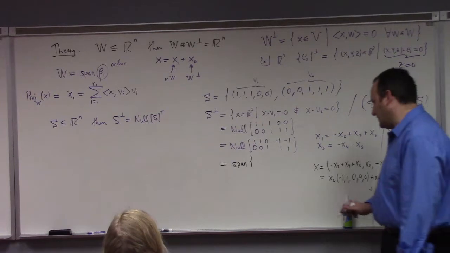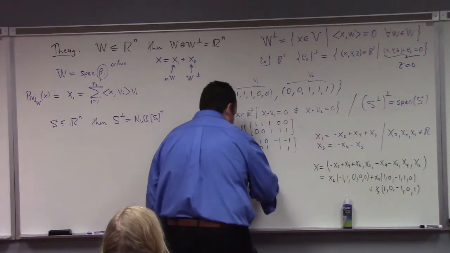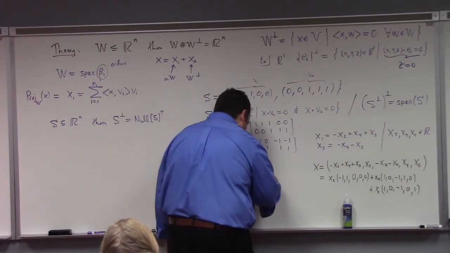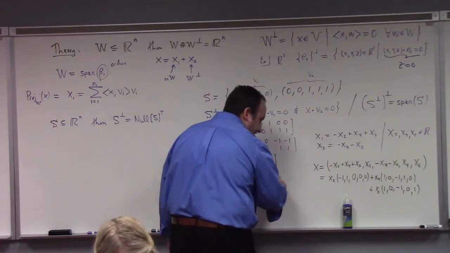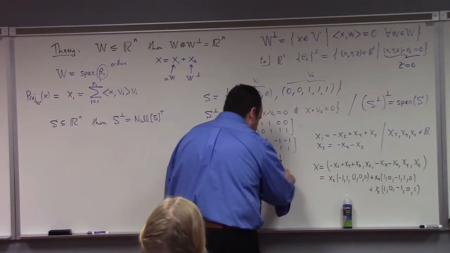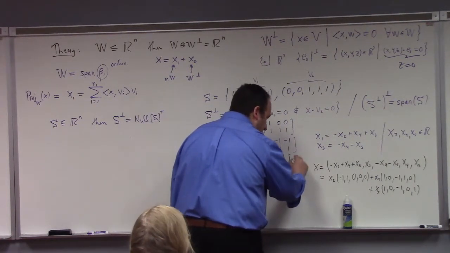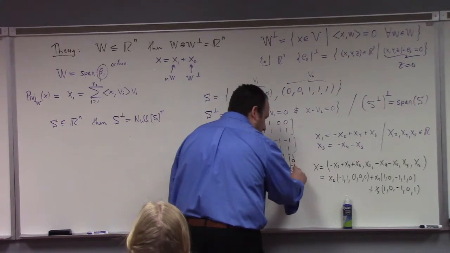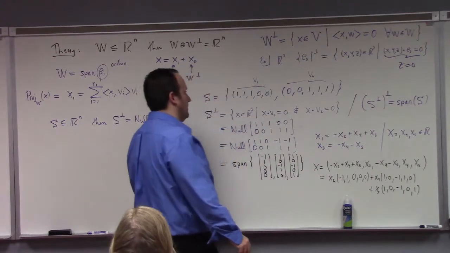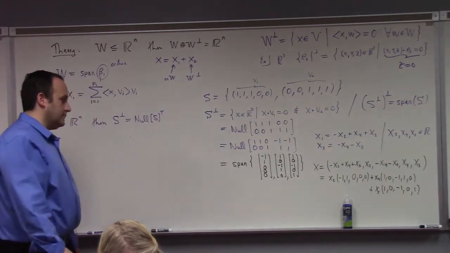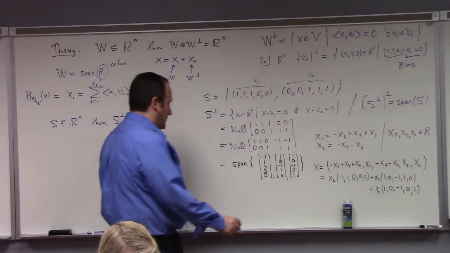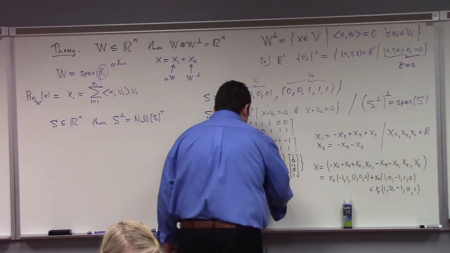All right, so it's the span of, and I'll go vertical here this time, minus 1, 1, because it's convenient, 0. So that guy, and then 0, minus 1, 1, 0, that guy, and then this guy. 1, 0, minus 1, 0, 1. So if I call these things V3, V4, V5,